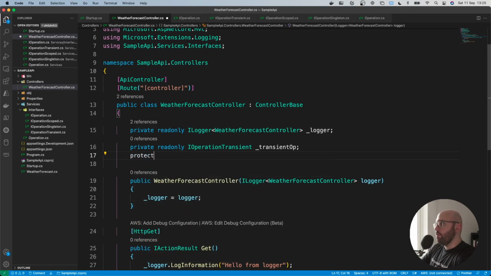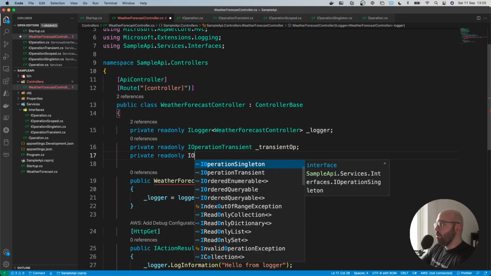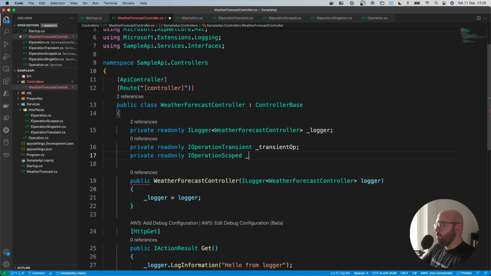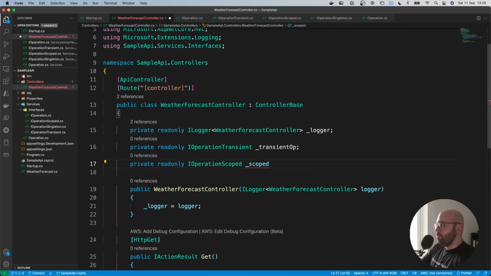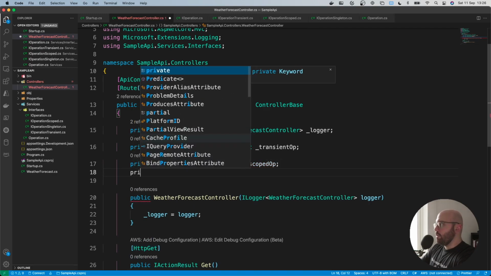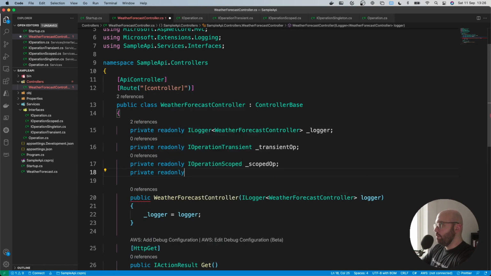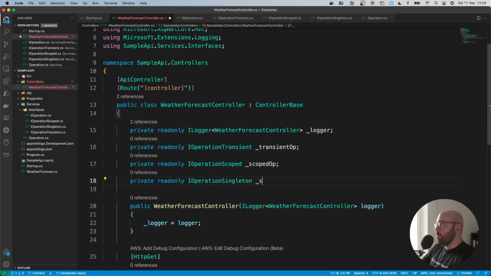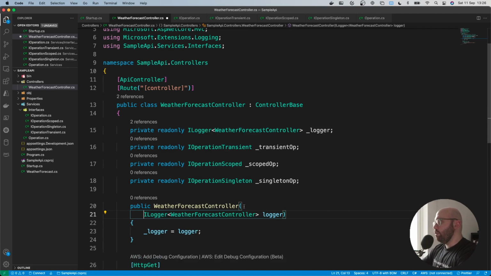Private readonly IOperationScoped, we're going to put scoped up. Again, lastly, private readonly IOperation, and it's going to be not scoped, sorry, it's going to be singleton, and we're going to put singleton up. Great. So now what we're going to be doing is, as we said, in order for us to utilize them,